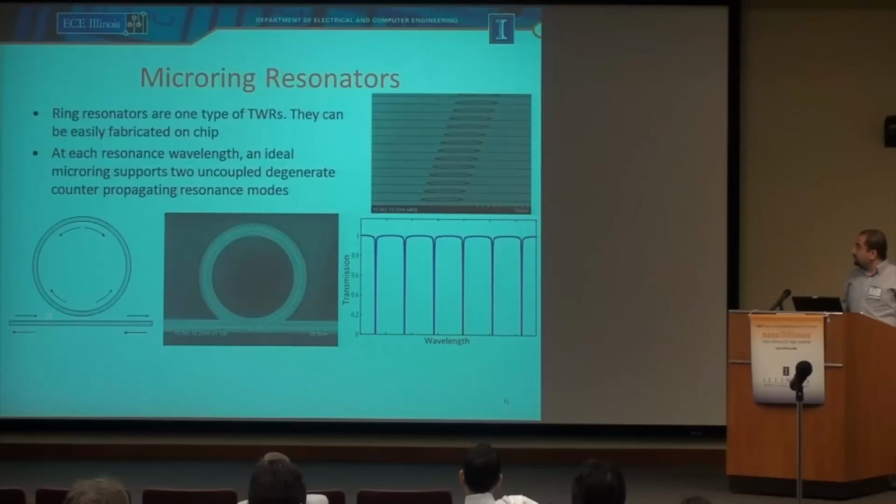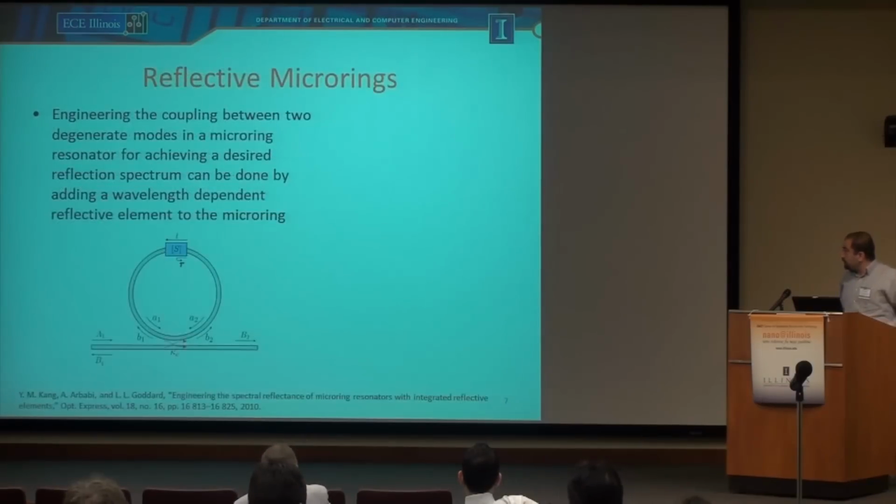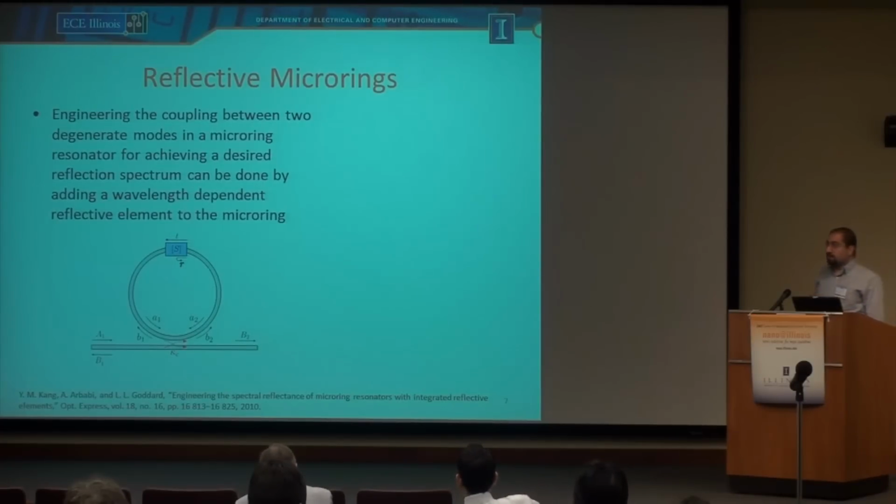Another important thing is that because this structure has circular symmetry, at each resonance wavelength there are two possible modes in this structure that can propagate in different directions. You can have a clockwise mode or a counterclockwise mode. They have the exact same frequency in an ideal structure. So the idea is to couple those two degenerate modes